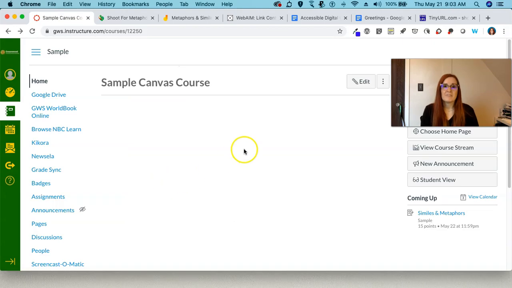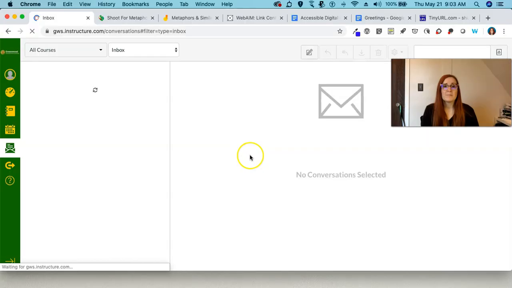Canvas does offer many features to improve the accessibility of our content for our students throughout its different features. However, there's one feature, which is the inbox button, that relies on us to be a little more creative in the way that we think about accessibility. Clicking on the inbox button in the left-hand sidebar menu will bring up this email-style platform for communicating with our